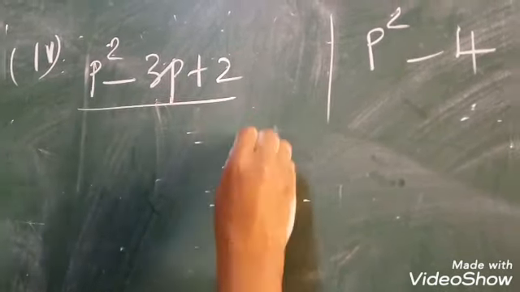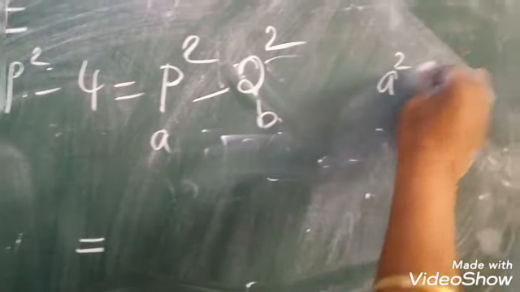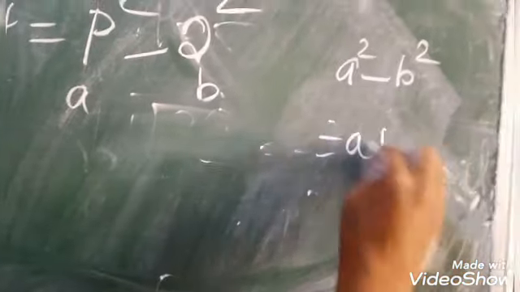Next we want to find out the factorization of p squared minus 4. You have to convert it using an identity: 2 squared, a squared minus b squared. What is the a here? Here b is 2. Okay girls, a plus b into a minus b. This is one identity we know. Have you all known that, girls? Yes, a plus b into a minus b. This identity is very familiar, girls.